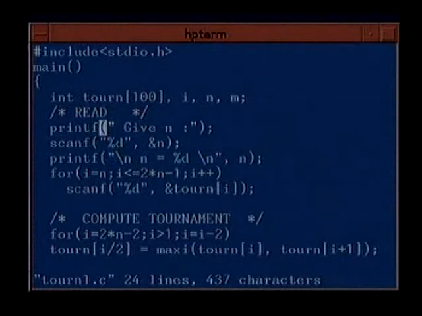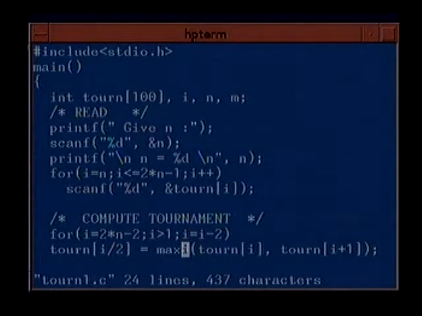So we read in n, then we read in the n numbers and store them, as I said, from n to 2n minus 1 in the array tournament. So initially the n elements are stored from locations n to 2*n minus 1, as I mentioned. So that's where you read them all into. And what is the loop? The loop starts from the end, initializing I to 2*n minus 2, as long as I is greater than 1, and at each step you are comparing pairwise and moving back. So the loop control is I equal to I minus 2.